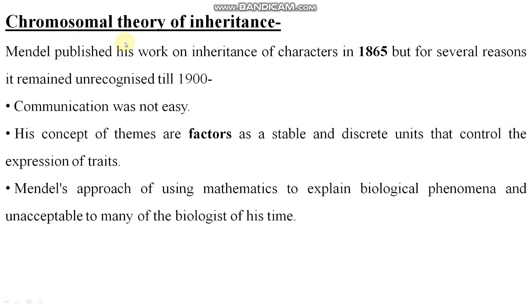Chromosomal theory of inheritance is there. Listen to what happened in those days. Mendel published his work on inheritance of characters in 1865. He did this work in 1865, but for several reasons it remained unrecognized till 19